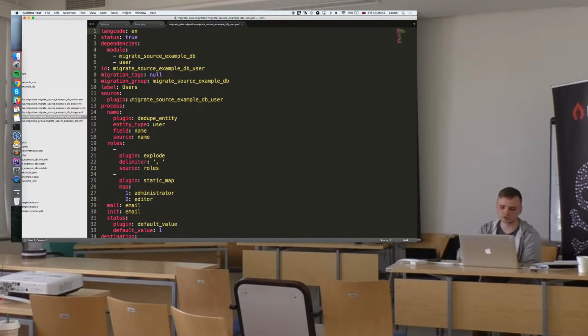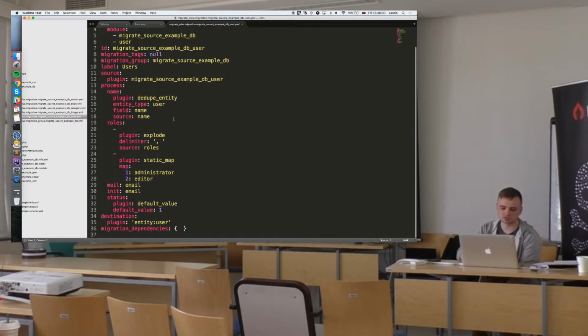The source migration is using the plugin migration source example db user. Then there is process. We're using some plugin, the dedupe entity, for the name field. The dedupe entity means that it uses two unique fields: